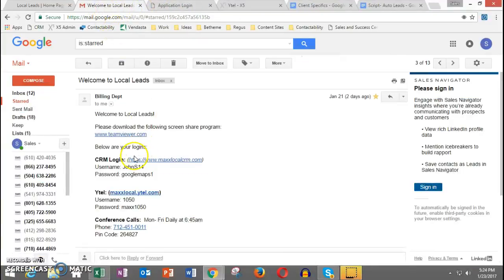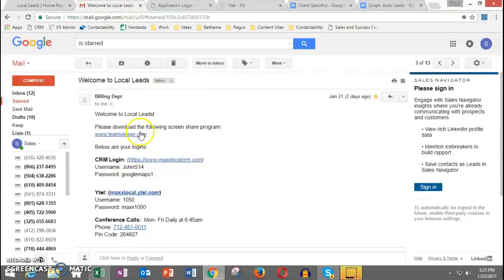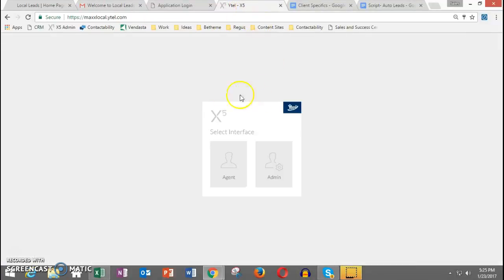The second thing is going to be your CRM login and your phone login. And those are two screens that you're going to be on and spend most of the time. Now, as you can see, your CRM login takes you to a screen that looks just like this. You're going to have a username and a password both sitting right here in your email. And then YTEL here, when you click on that, that is what we're going to call your phone, okay?